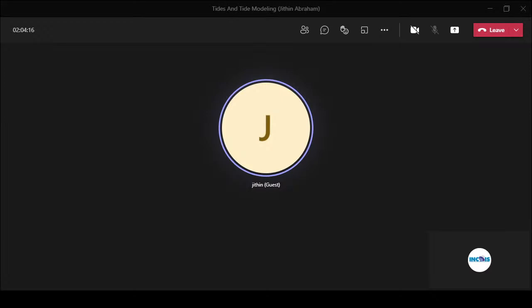And the other way is that internal tide mixing can enhance the temperature distribution and salinity distribution. So in that way, these internal tides can affect